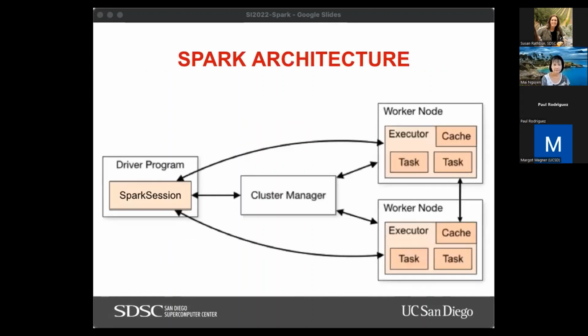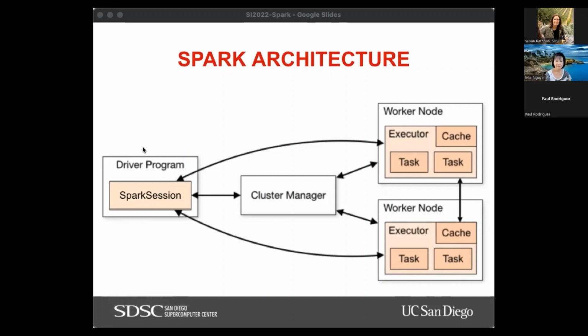Okay, and this is a high level look at the Spark architecture. There are three main components: a driver, a cluster manager, and the executors. The driver program is where the Spark application starts. This is where you start the Spark session and create the Spark session object.